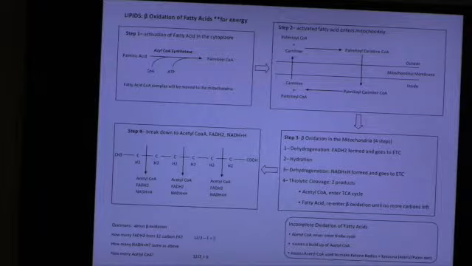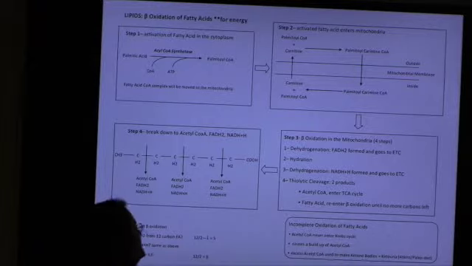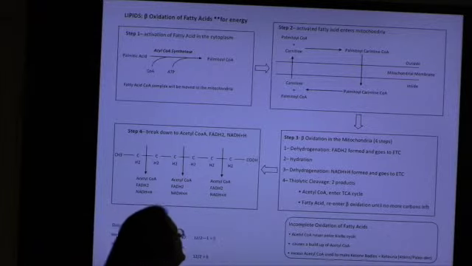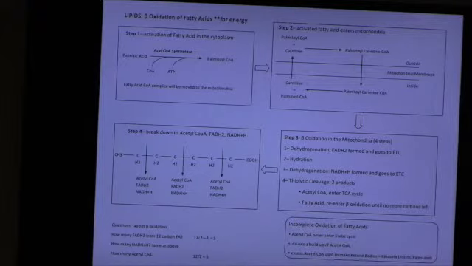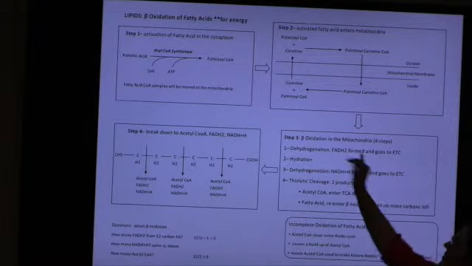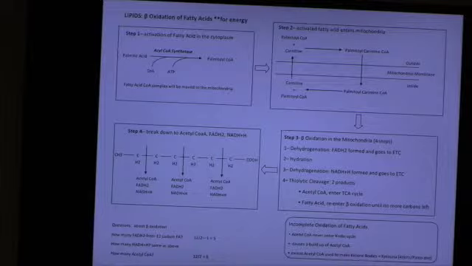Now, this is the big step: beta oxidation. Everybody heard this word? Beta oxidation of the fatty acid is our step. We're going to have a dehydrogenation, a hydration, another dehydrogenation, and a thiolytic cleavage. Four steps for basically one step, okay? Make sure you know what order those go in. The first dehydrogenation forms an FADH2, right? Where does that go? We're already in the mitochondria, so that works out really well.